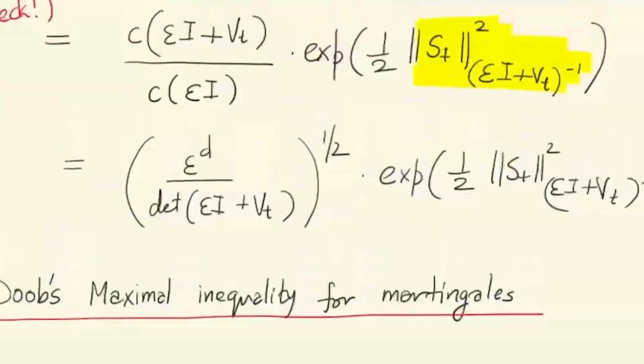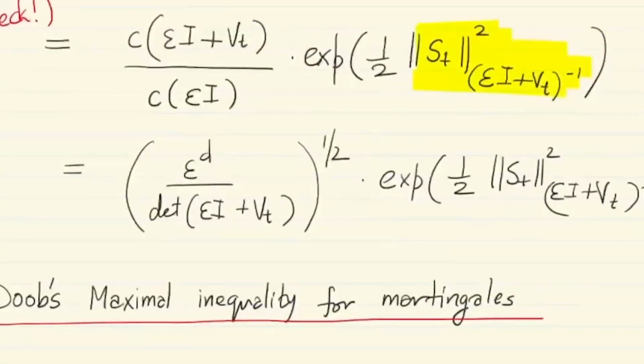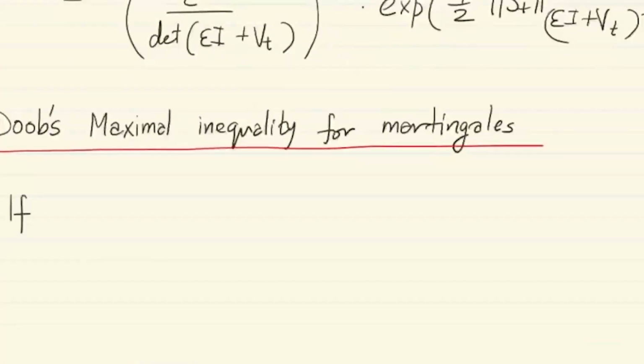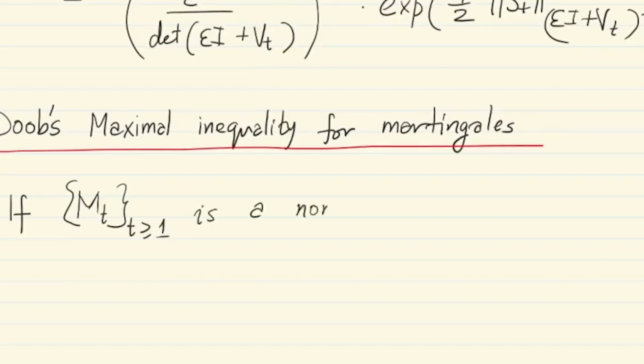It's very well known, elementary, but a very powerful inequality. It says basically that if you have a non-negative martingale, so M_t as above actually satisfies this property, if M_t over all time is a non-negative martingale,